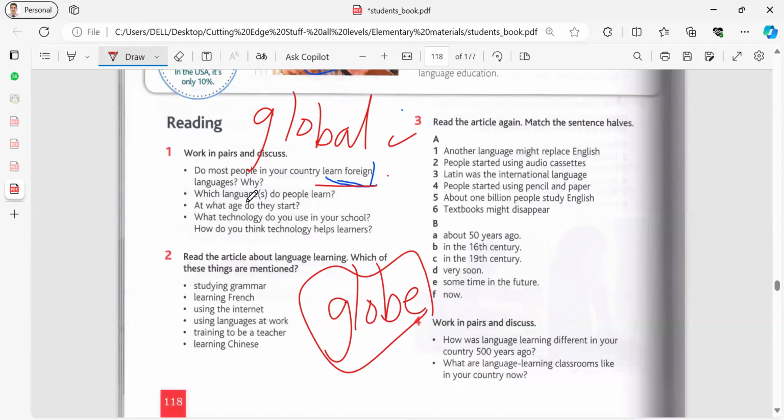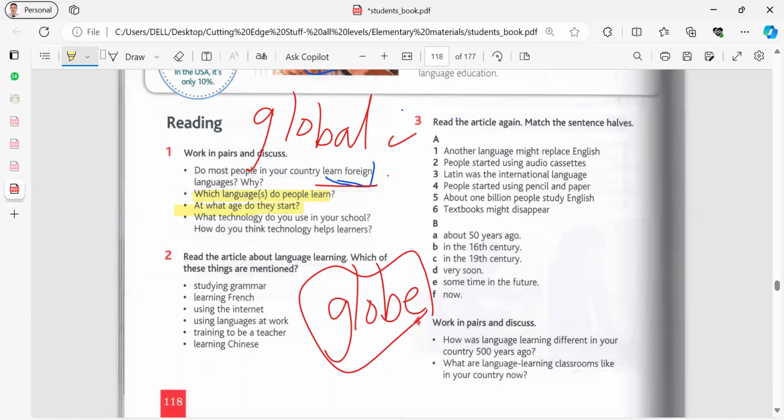What technology next, guys? Which languages do people learn? English. So English is number one. Also, you can see some people interested in learning German, French, Chinese. It depends. Spanish, yes. So the point is what? To learn another language. يبقى معك لغتين على الأقل. You have now Arabic and English, so you can learn another one if you want, in the future.